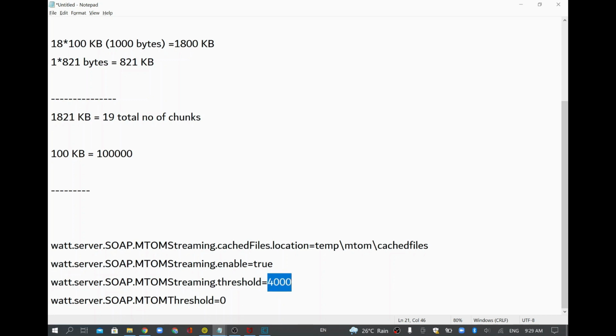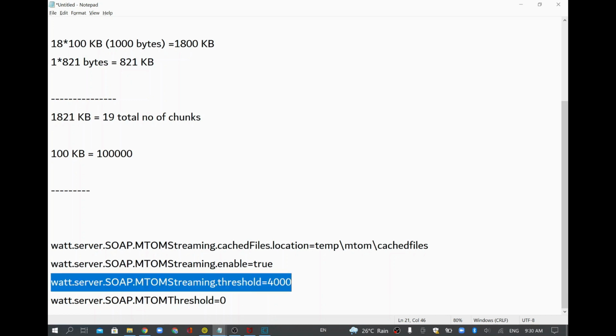If you want to set some higher limit, you can set it. Until that particular point, you will receive data as a full chunk, a full message. For example, if I set the value to 1 MB, then 1 MB of data will get loaded into memory, and anything beyond 1 MB will go to streaming. Here I have specified only 4000 bytes, so anything more than 4000 bytes will go as streaming. So that is the configuration.